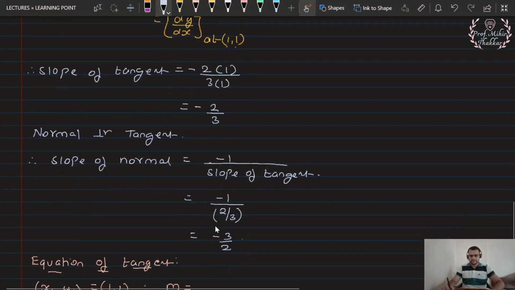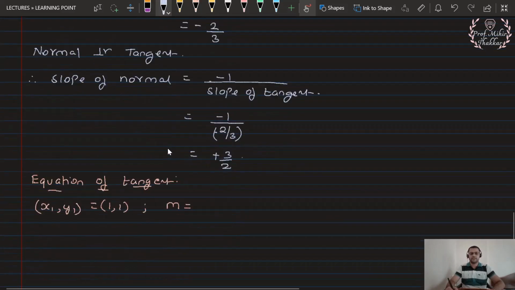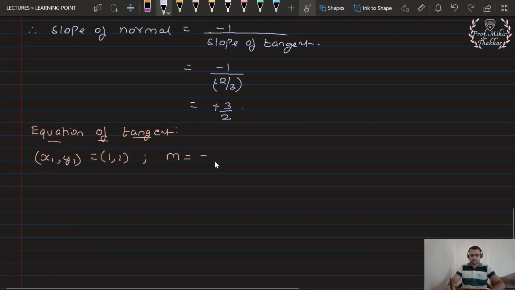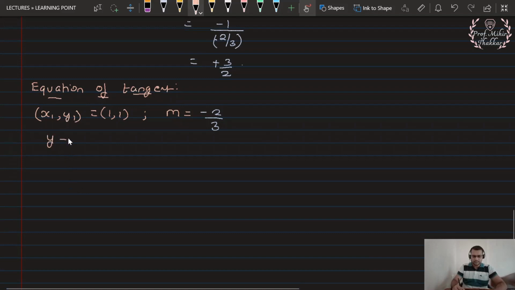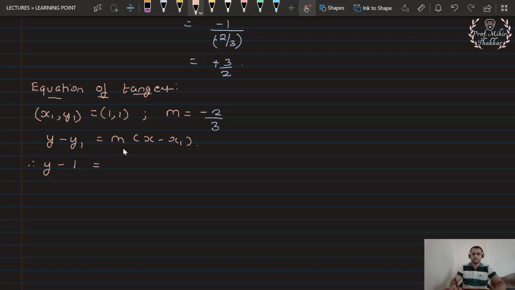If this is negative, minus and minus, this should become plus. Sorry guys, slope of tangent is negative 2 by 3 over here. So y minus y1 is equal to m into x minus x1. Therefore y minus y1 value is 1, m value is negative 2 by 3, and again it is x minus 1. So I can say that